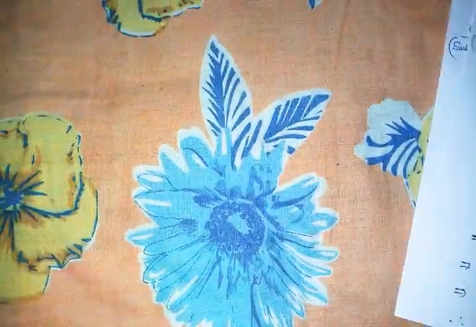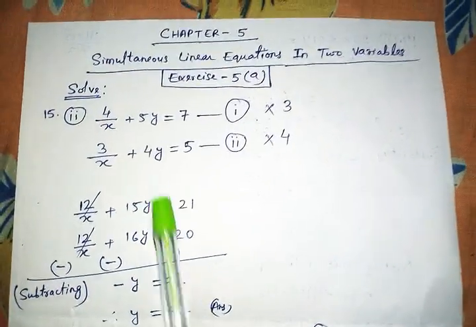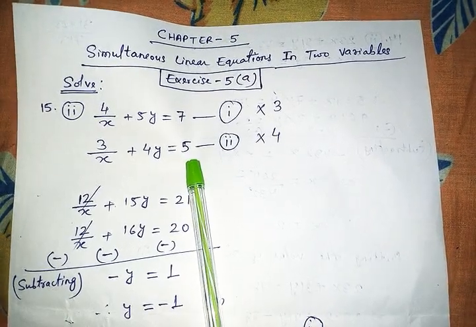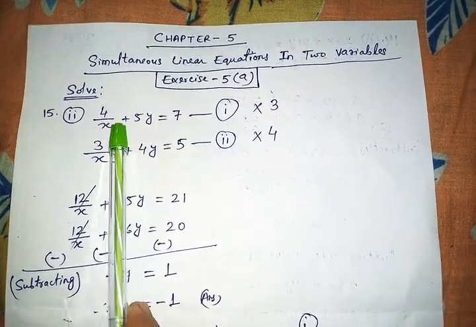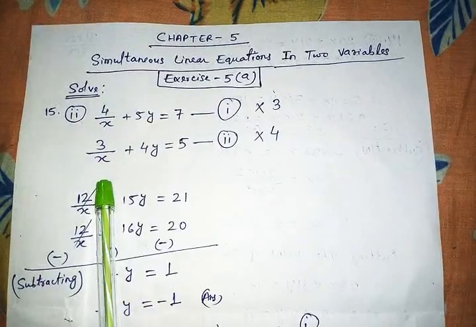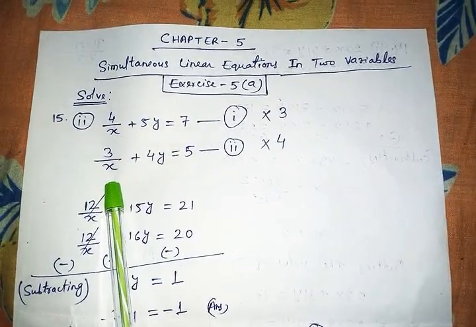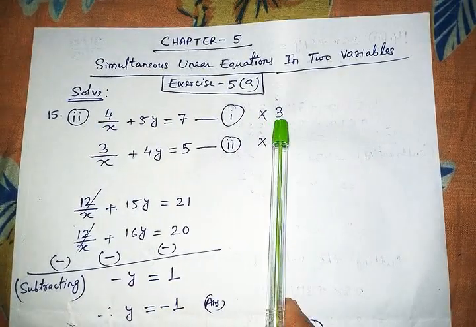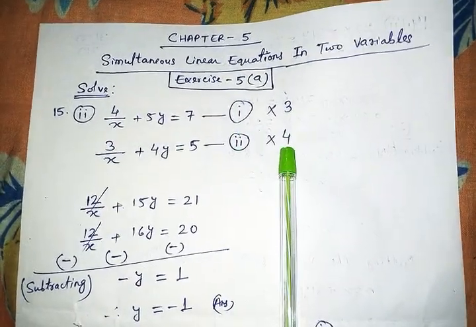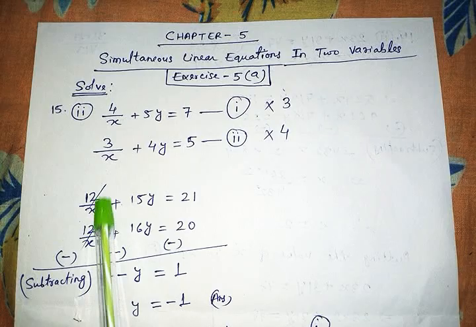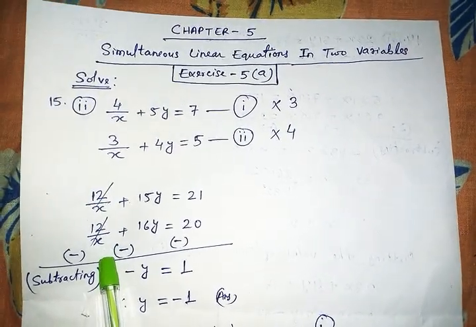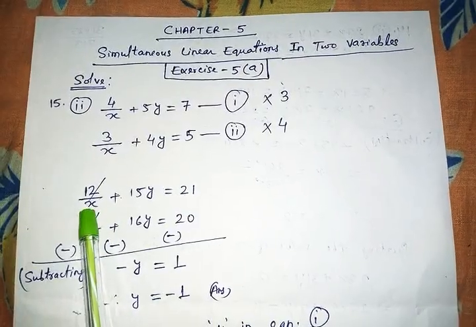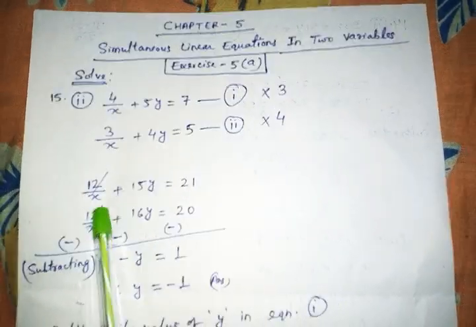One more question let me discuss. Here equation 1 is this, equation 2 is this. We have to find the values of x and y. Here we are planning to cancel x because x is in fraction. The LCM of 4 and 3 is 12. 4 3s are 12, 3 4s are 12. If we make both the x terms the same, we can cancel. To make them equal, we take the LCM, and we multiply and get this result.